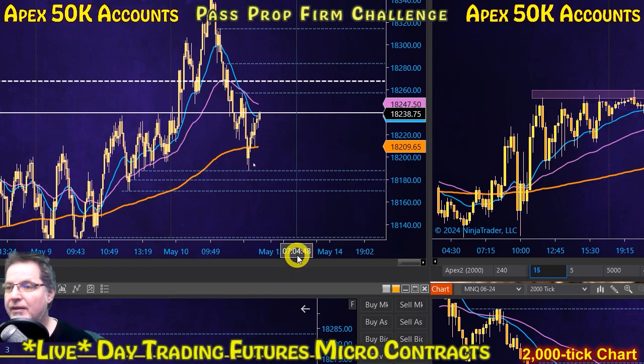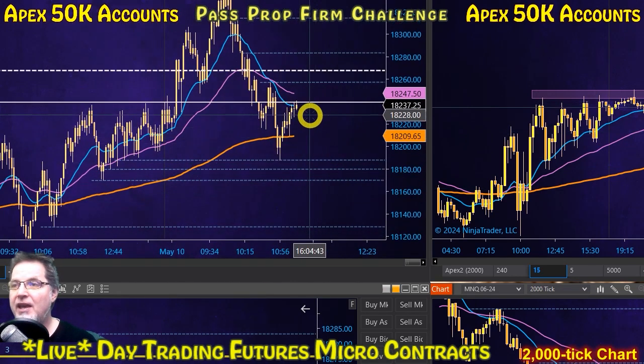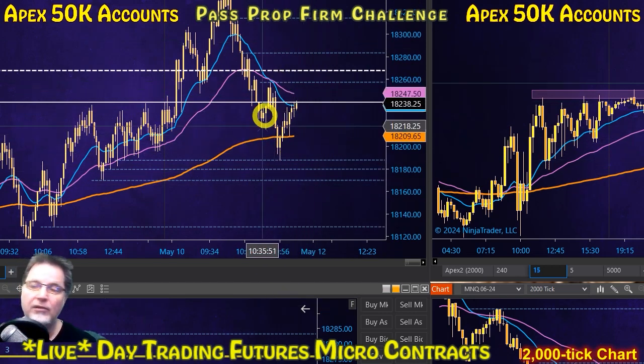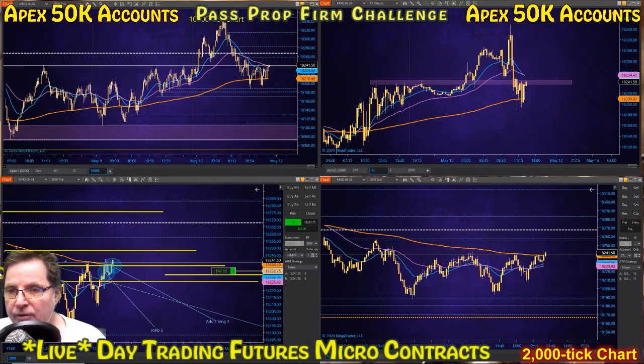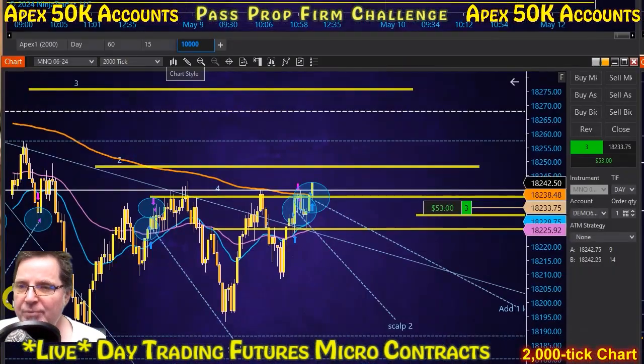So we don't know. Yeah, this is an important moment in price action. Because if it can't get over the top of that and rolls back down, it's probably going to come back down to the low and even go lower than the low of the day right here and continue down. All right, what did I do? I scalped a couple again. I scalped 2 more. This area is looking pretty interesting.